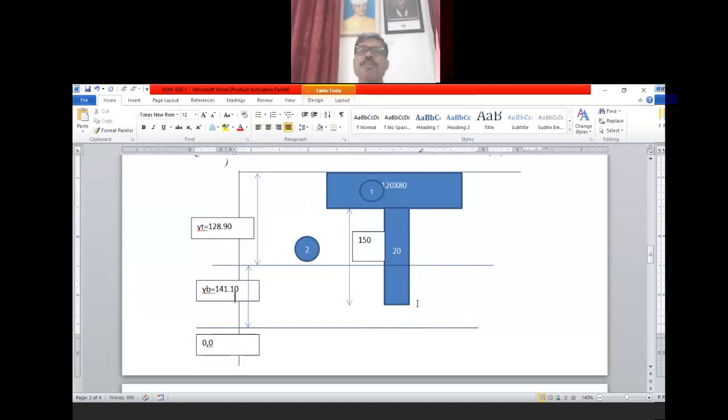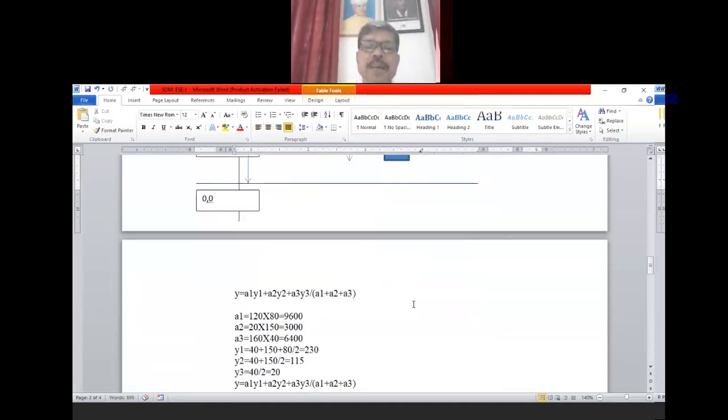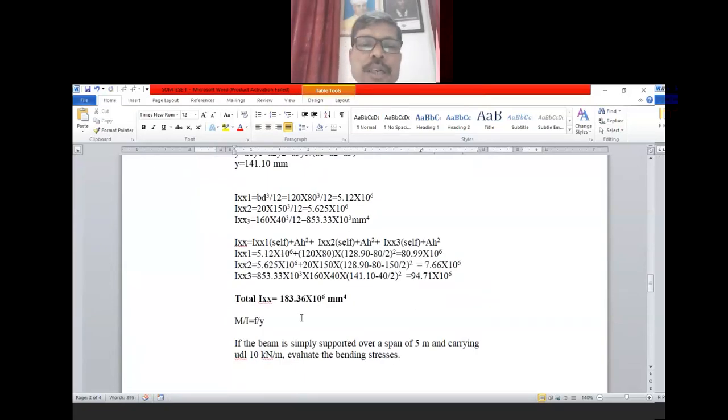So yesterday's lecture we have frozen how to find out moment of inertia. You have to do a lot of practice for calculating moment of inertia, and only then you will get the shearing stresses as well as bending stresses. Otherwise, if you are not able to find out moment of inertia, then it will be very difficult to find out the stresses. So this part I will take afterwards. Now we are switching to how to calculate bending stress and the bending formula, and how to derive it.